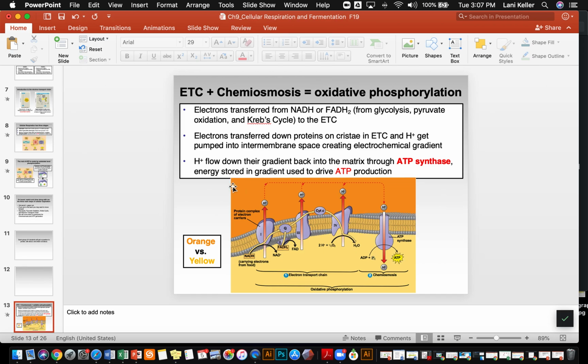So here, whenever you look at a diagram, orient yourself. You've got to figure out what's the inside, what's the outside, where are things flowing, what are the axes, etc. So here, the beginning is here, which this light yellow is going to be the mitochondrial matrix, where NADH and FADH2 are being oxidized when they enter the electron transport chains. When they get moved along this chain, hydrogens are pumped, using the energy of this electron flow, into the intermembrane